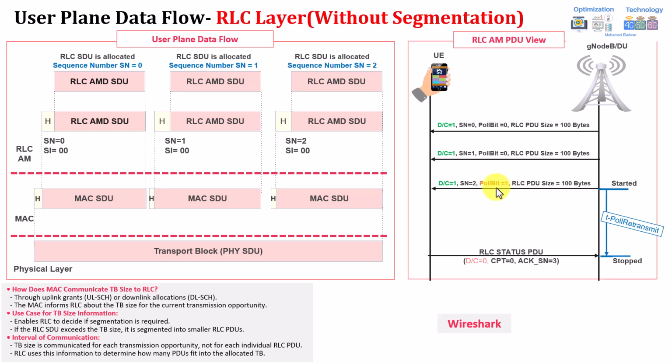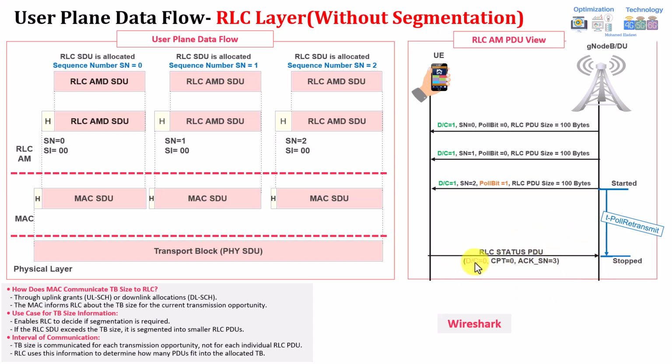Once the poll bit is set to 1, this means that the transmitter is requesting the receiver to send feedback, here something called an RLC status PDU or report, telling it what your status is. Did you receive these packets or not? Please give feedback to me. Here the t-PollRetransmit timer will be starting. I'll be explaining this in detail, but it starts whenever this poll bit is set to 1. It will be started from the gNB side because this is the transmitter, whenever this is downlink data. If it's uplink data, it will also be set at the UE side.